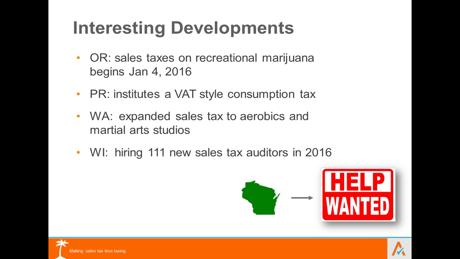In Washington, as of January 1st, expanded sales tax to all sorts of activities conducted by athletic facilities. So Washington didn't come out and say teaching martial arts is taxable. They said teaching martial arts by, and I'm using air quotes that you can't see right now, guys, because it's a defined term, by athletic facilities is taxable. So in Washington, if you're running an athletic facility, Gold's Gym or whatever, all of a sudden all these aerobics courses and martial arts and stretching and yoga and whatever the latest craze is, they're now taxable in Washington. It's important if you're in Washington selling these things.